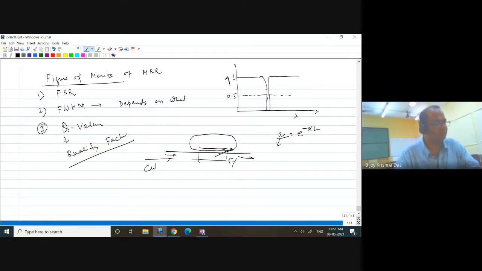you are injecting some power per unit time. How much you are injecting at this point, you know that. And per unit time, again, how much fraction will be coming out, you know that. That is a steady state condition. In steady state condition, it is not that at resonance we are continuously pumping, because it is a resonance condition, everything will be stored.